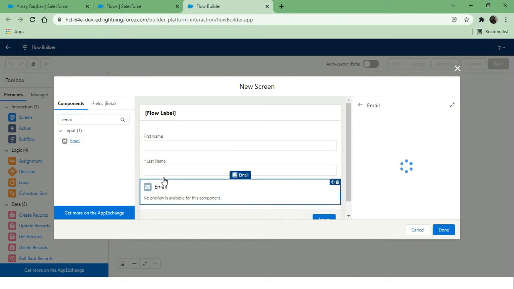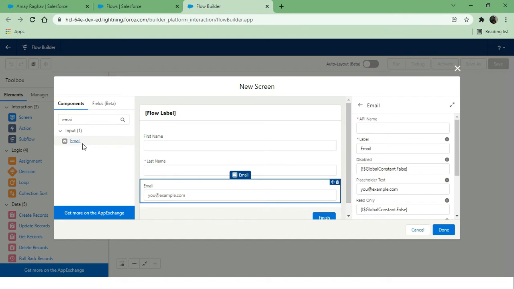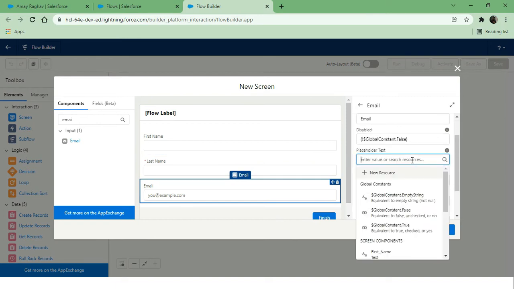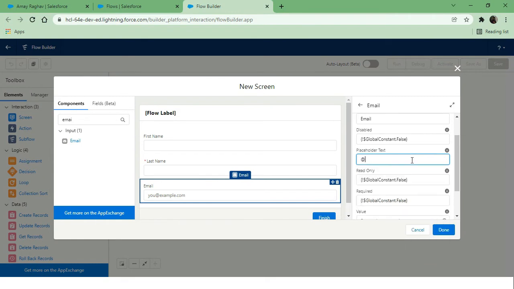So email is also a component, right? And if you see, let's say the API name will be email. So here you can see the label. What will be the label? And disabled. If you want to make it disabled, if I put true here, then it will be disabled. And the placeholder text, like u@example.com, you can set something like @gmail.com if you want to specify it, right? So you can see here @gmail.com.